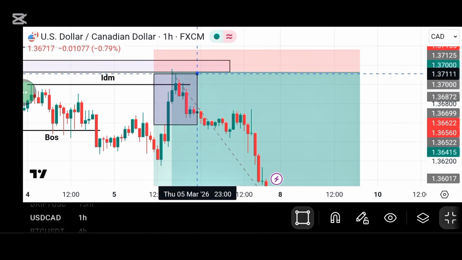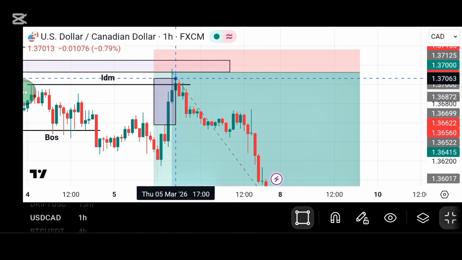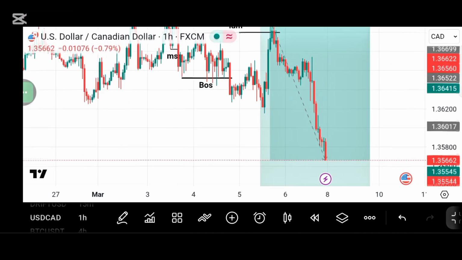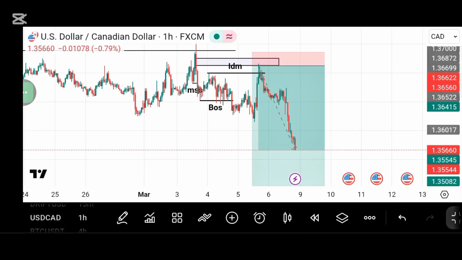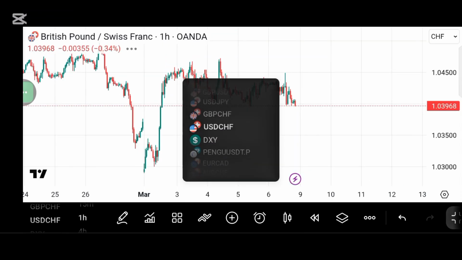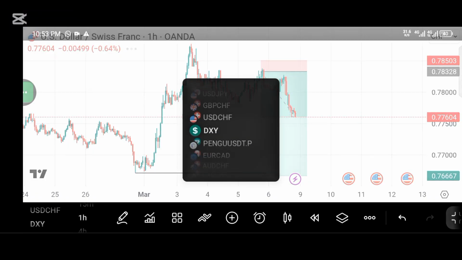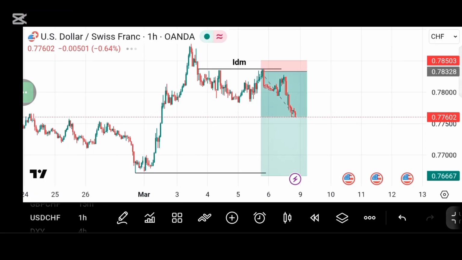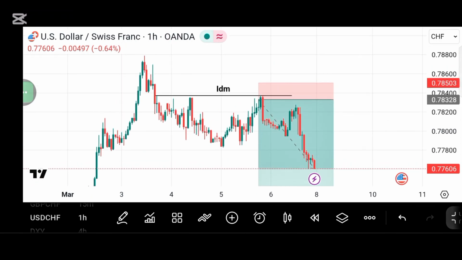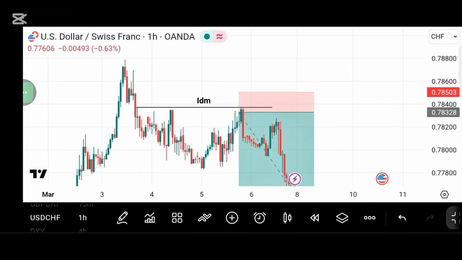So that was why I then placed my limit order, and I went to USD CHF to also check out the same structure. So let me show you USD CHF. I said USD CHF is a correlating pair with this guy, USD CAD, that's USD CAD. Now I don't think I've used a lot of time talking. Yeah, now on USD CHF I had this to also be an inducement here,